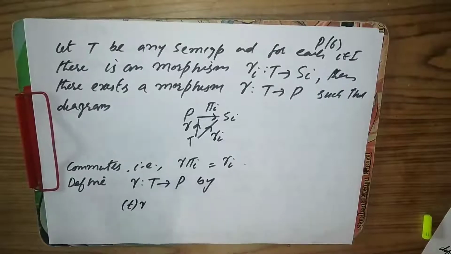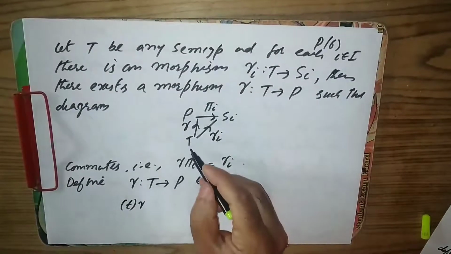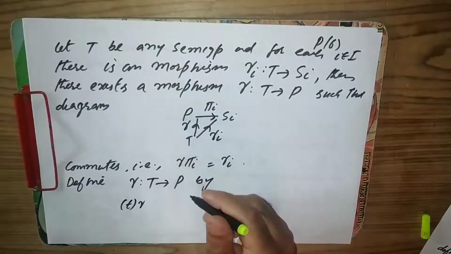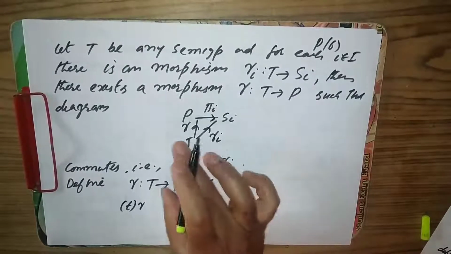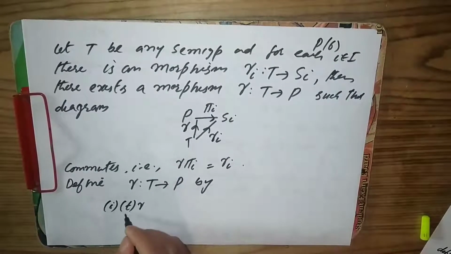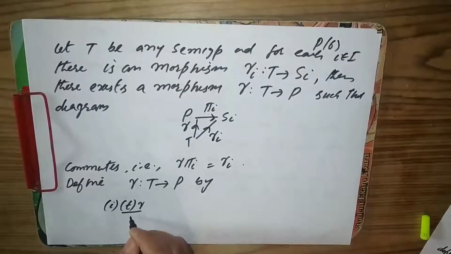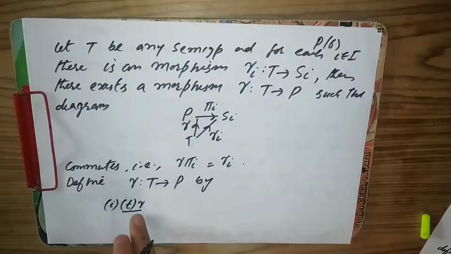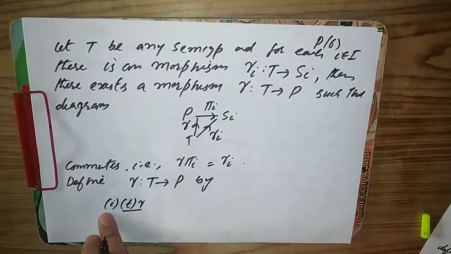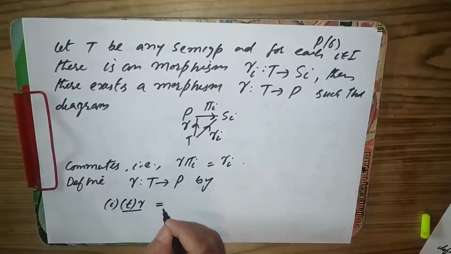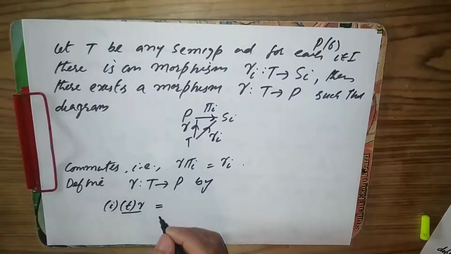gamma of t, where t is in T. So t gamma is an element of P, where P is a collection of maps. P is a collection of maps from I to the union of Si. So I is the indexer. So t gamma is an element of P, and elements of P are the maps from I to Si. Then I will also evaluate its value, the value of the map t gamma at i. I will define it by it's equal to